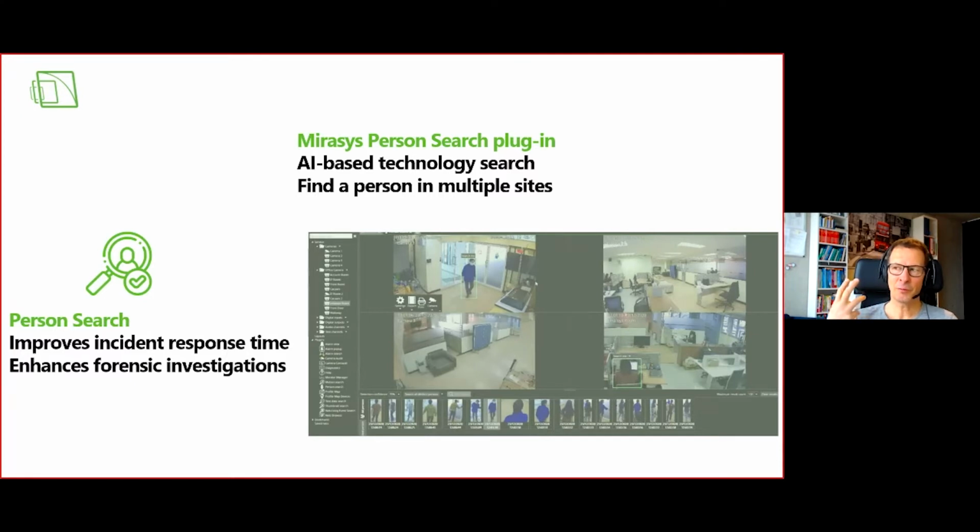And you remember, for example, also in some advertisement, you have seen this virtual skeleton that we put on the people. This is also something that we're using here in a very similar way. So the person search is for improving your incident response time and to enhance the forensic investigation, to save time, to save money.